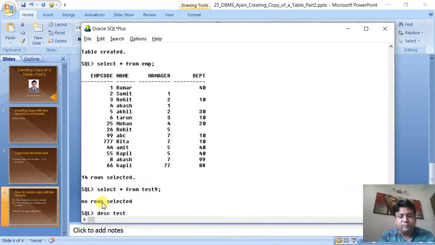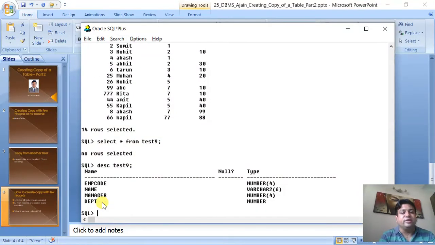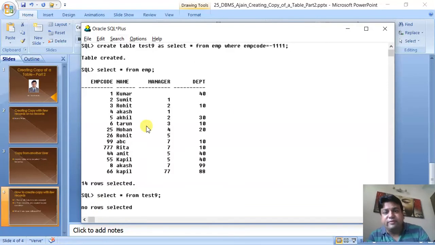Describe test 9. You can see. So here you can give any false condition. Or you can give a fallacy also. Fallacy means a condition which can never be true. Let us see.